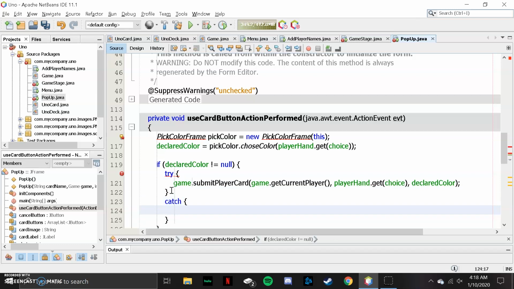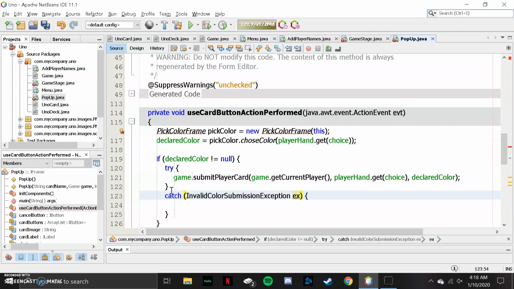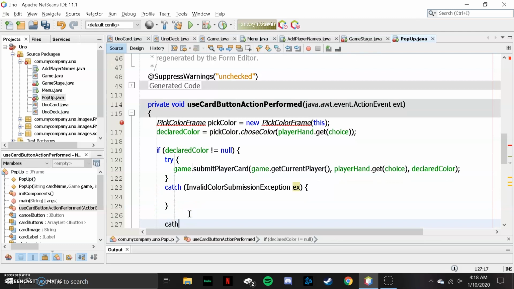Catch. And then we're gonna catch. Alright, here we go. Invalid color submission exception, and now we're gonna have to catch a bunch of exceptions. And then next we're gonna have to catch invalid value submission exception,